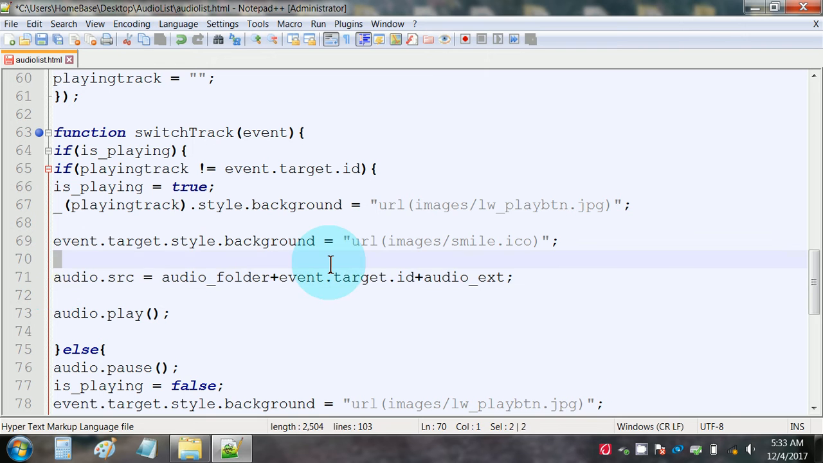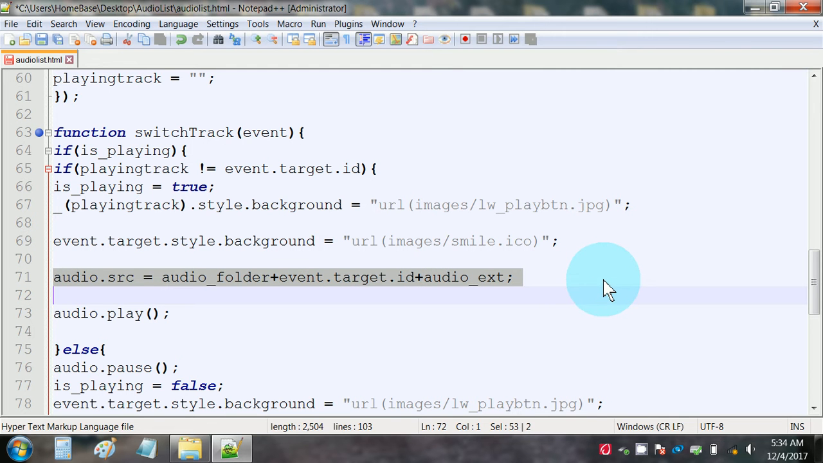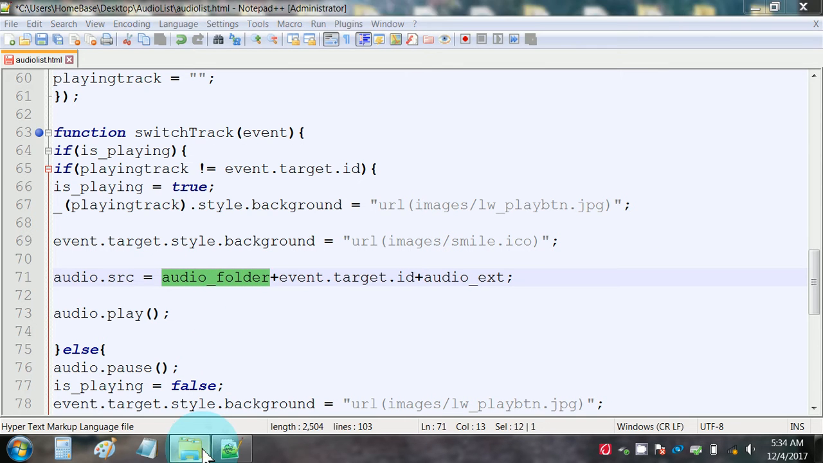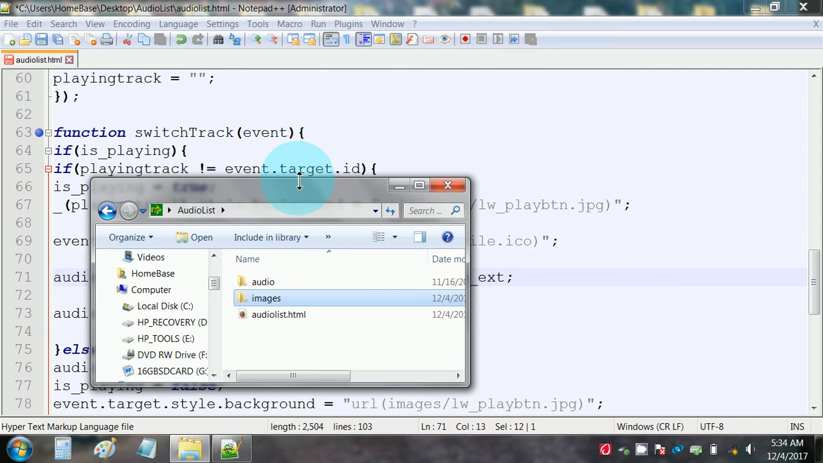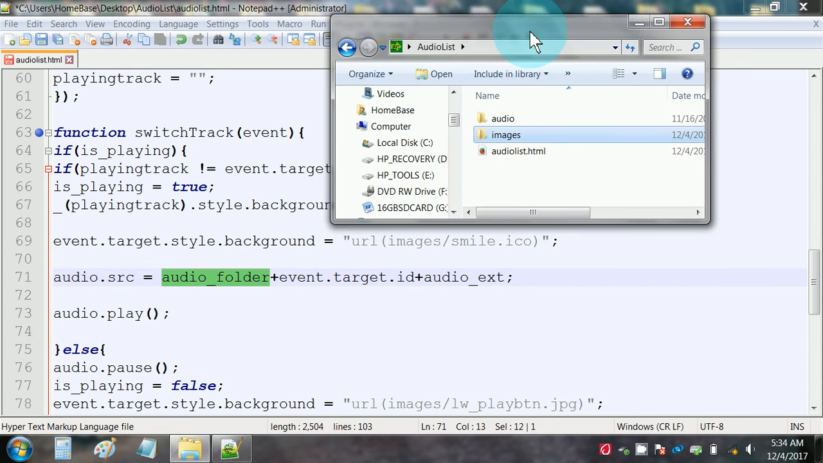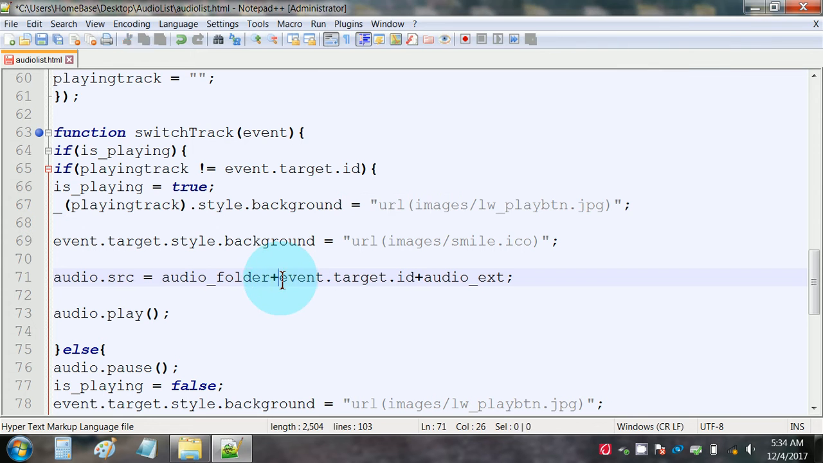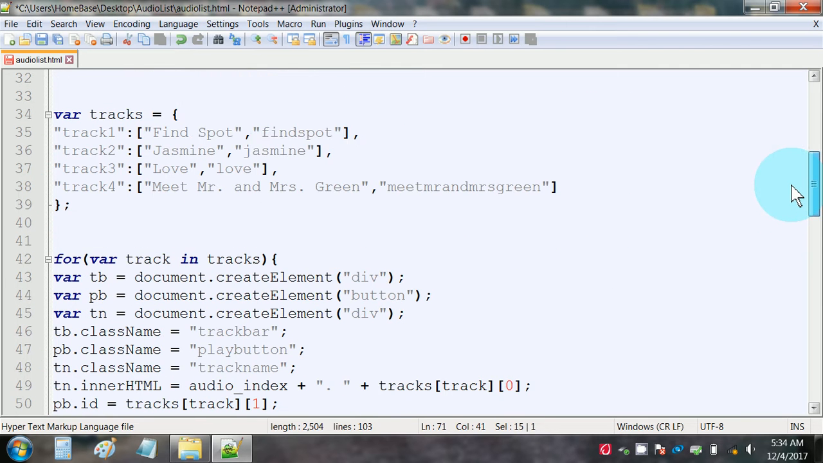After that, we have this line of code, audio.source equals audio_folder plus event.target.id plus audio_ext. This variable audio_folder is representing this images folder. Okay, we just set it equal to the variable name audio_folder. Then we concatenate with the plus symbol event.target.id,